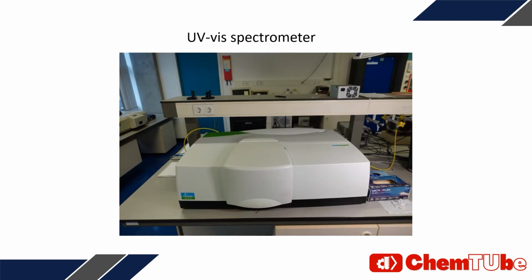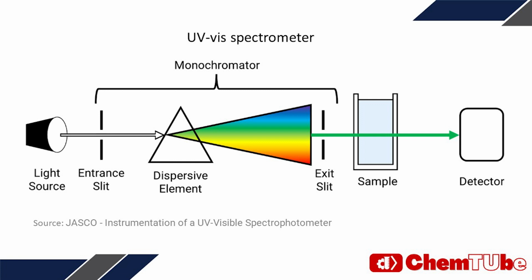Now, more about the instrument itself. The UV-Vis spectrometer is usually quite bulky and looks as such. As stated earlier, there are 1 or 2 light sources that emit UV, visible and near-infrared light. Mirrors guide this light through a monochromator, which selects a variable wavelength, allowing us to measure the entire spectrum from 190 nanometers to 800 nanometers. Next, the monochromatic light passes through the sample and reaches a detector, which measures the intensity of the transmitted light. This information is crucial for our analysis. The accuracy of the measurements can be changed in the software, but more accurate measurements also take longer to perform.